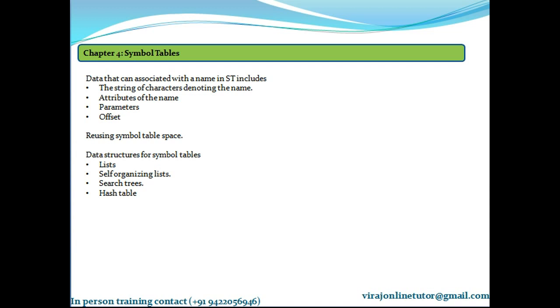This is essential so that all uses of the identifier can be associated with the same symbol table entry and hence the same name. The compiler can be designed to run in less space if the space used to store identifiers can be reused in subsequent passes.